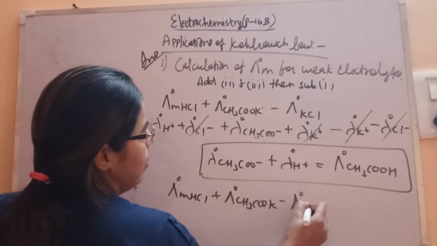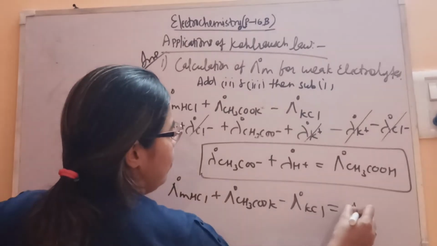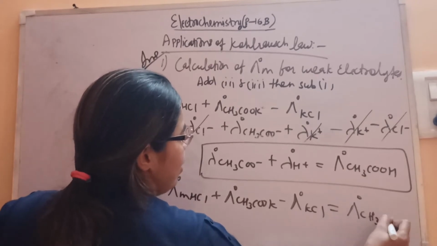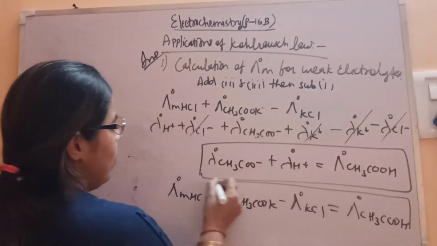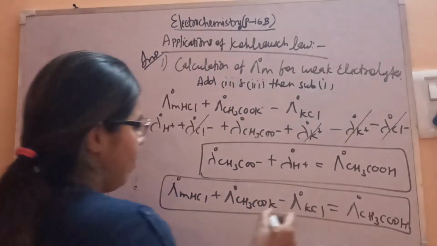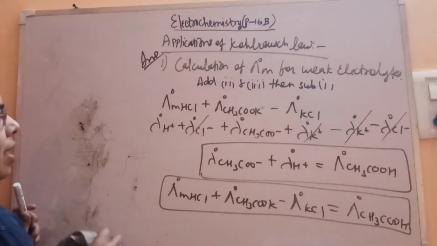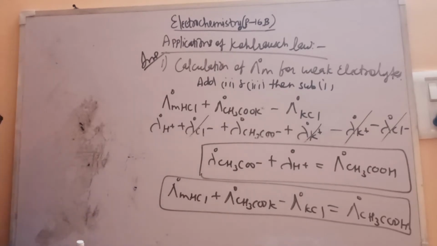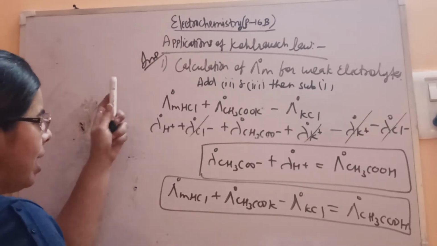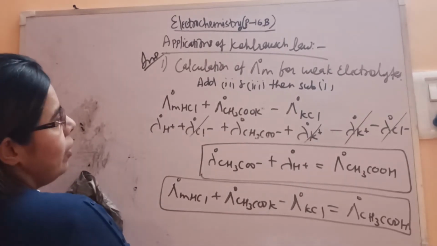minus is equal to this. So whatever you can do, just remember this thing only. Whatever you need, add them. Whatever you don't need, delete them. Fine. So in that way you will get the expression. So this way you have to solve the numericals. You will be applying as it is during the numerical.